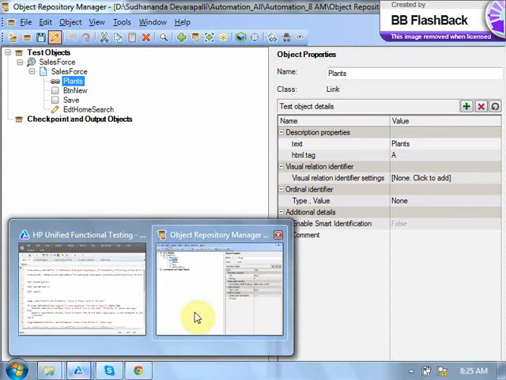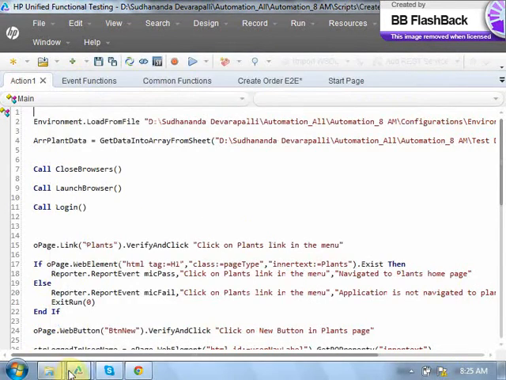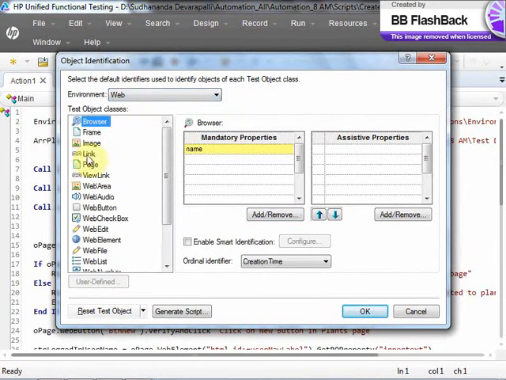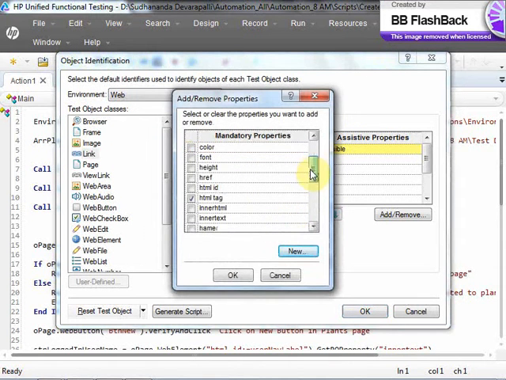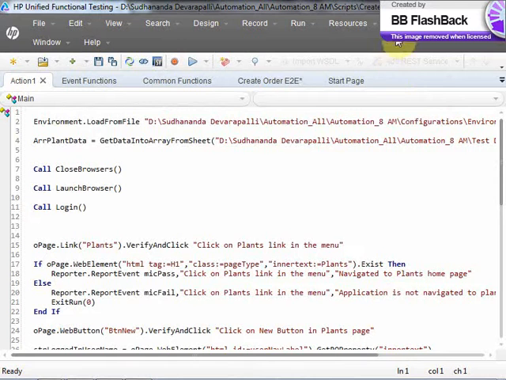Then what I will do is, let me just close the repository, and I'm going to object identification and link. What I've done is I changed the identification properties in the object identification. So what does it mean? What is the change that I have made here? From next time onwards, whenever you are adding the object, don't take the HTML tag, and consider text and name properties. So now whatever change I have made in object identification, right, that change